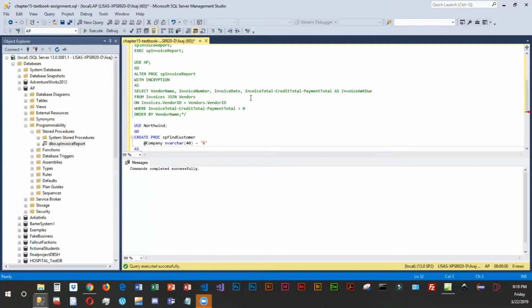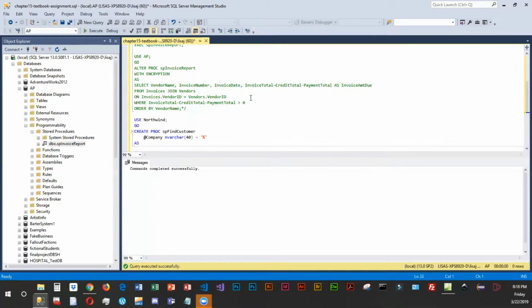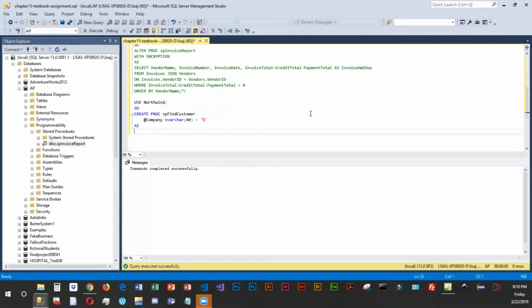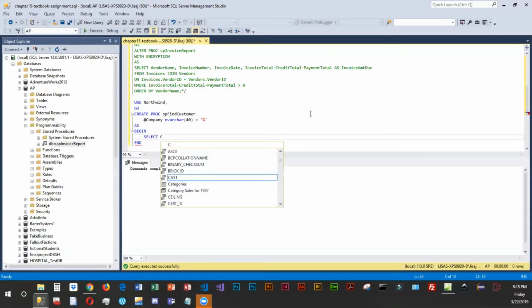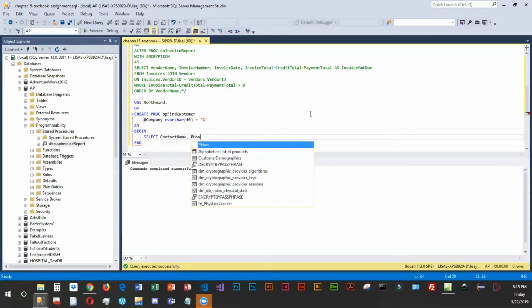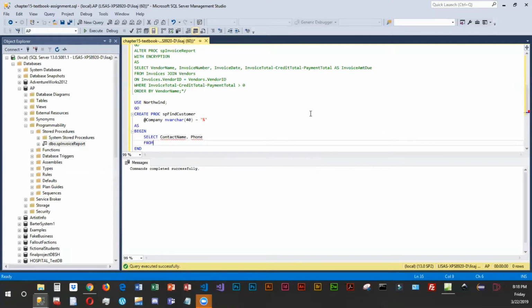And then we've got as. Okay, so after the as is where we are going to be putting our select statement. And because now we are using parameters, we're going to use begin and end. And then in between, we're going to do our select. So we'll say select. We wanted the contact name and the phone number. And this is coming from the customer table. So it's from customers,